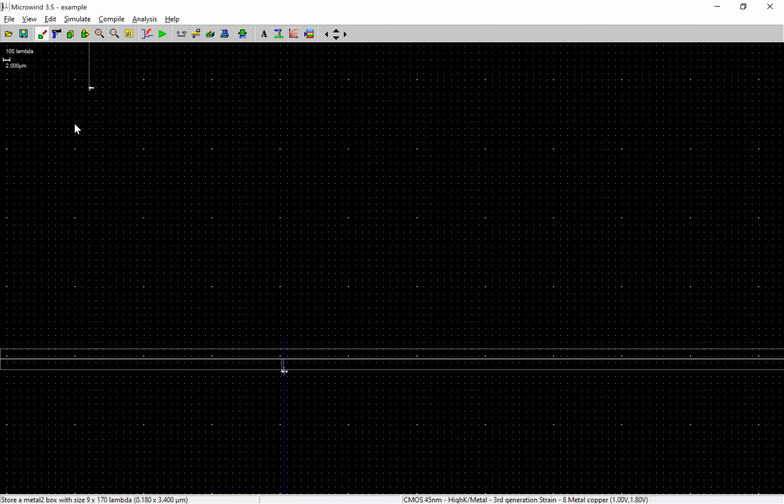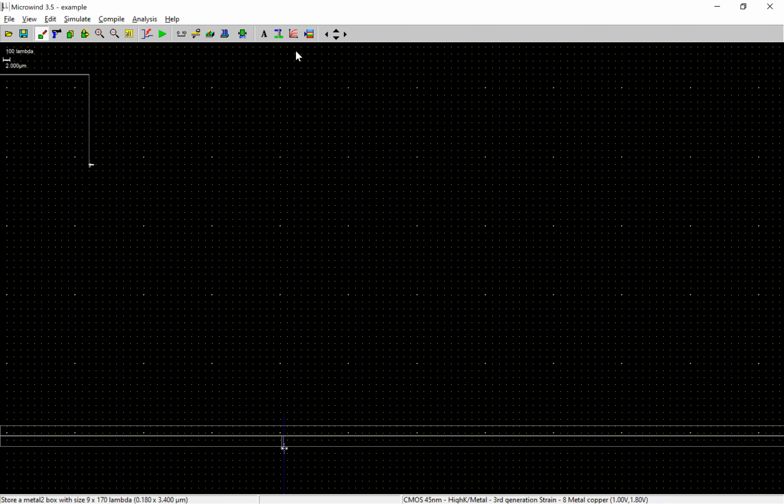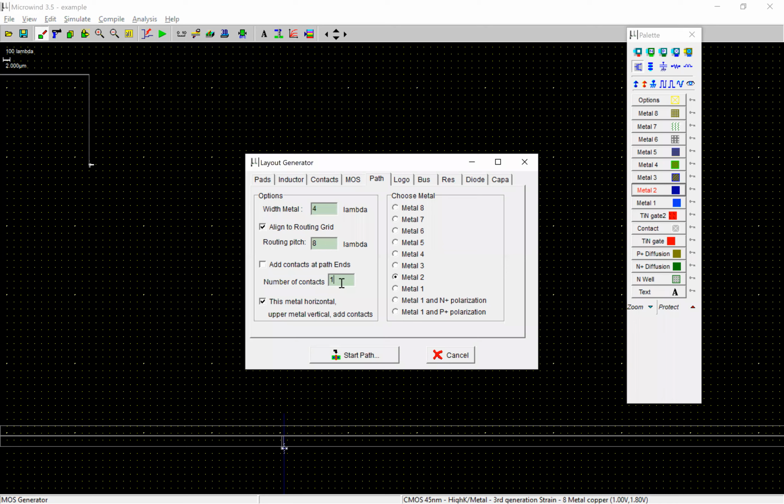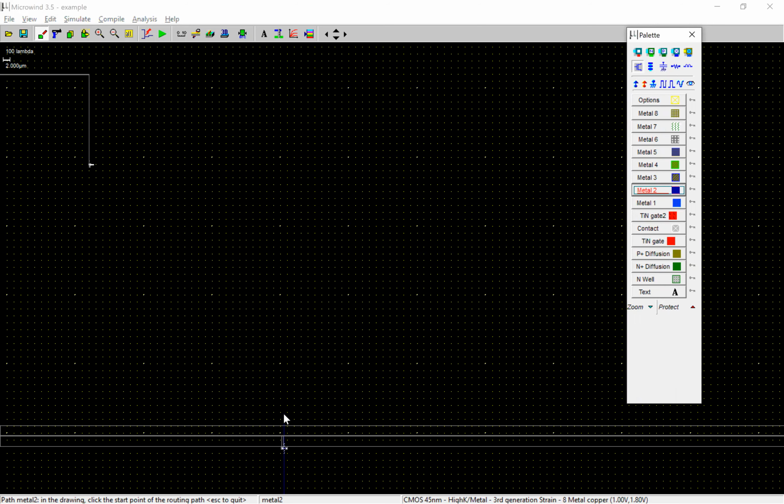So here you can see that there is my NAND gate on the left hand side. So I just go to contacts. I'm a MOS generator. Paths, I just say the number of contacts, metal 2, this is a contact. I'm a path I have to make. So say start path and click on that node